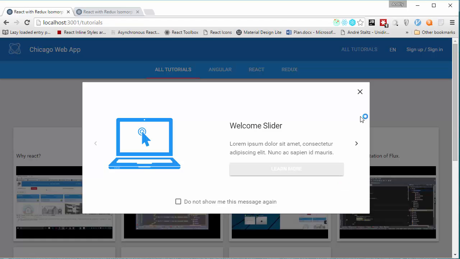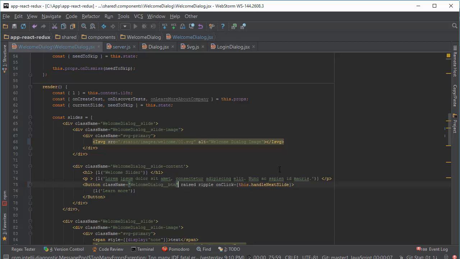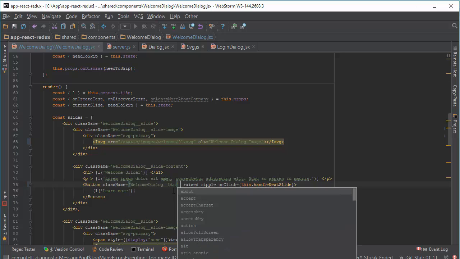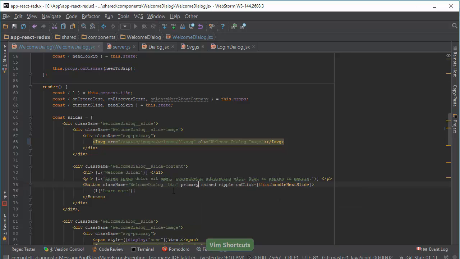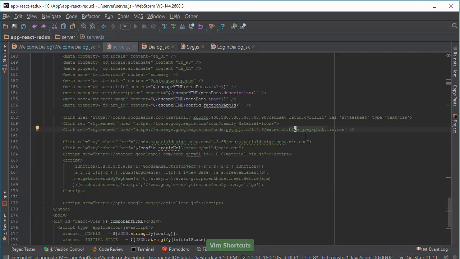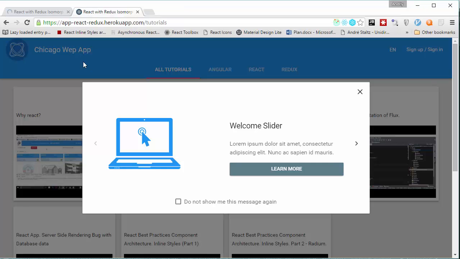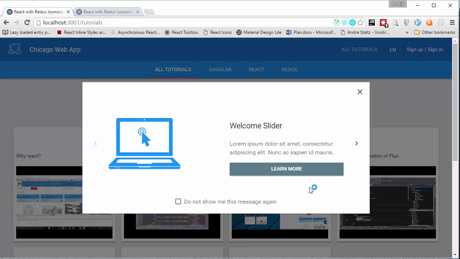Just a plain button. To make it blue-gray, I need to add the property primary, because in our server file on styles we define the first parameter for primary and the second for accent. And let's reload our page. Here it is.